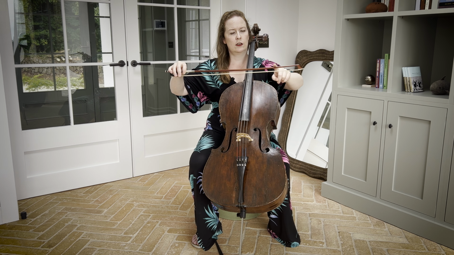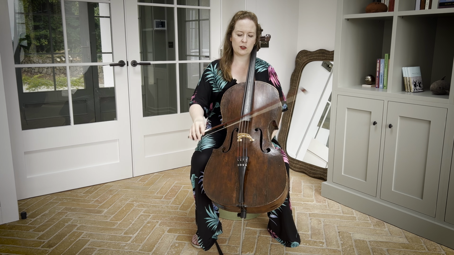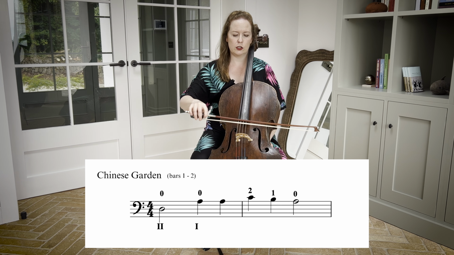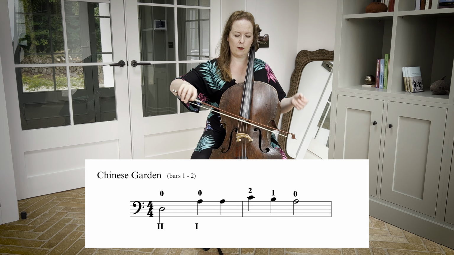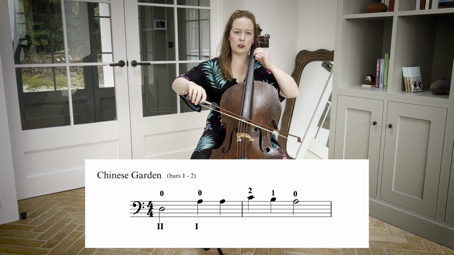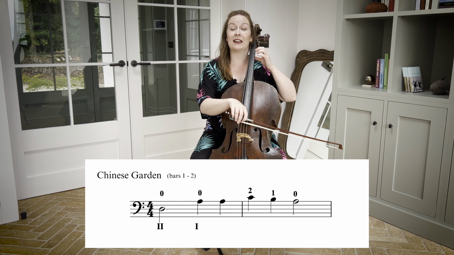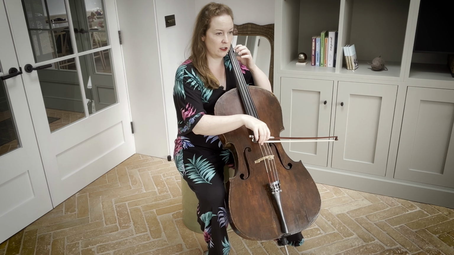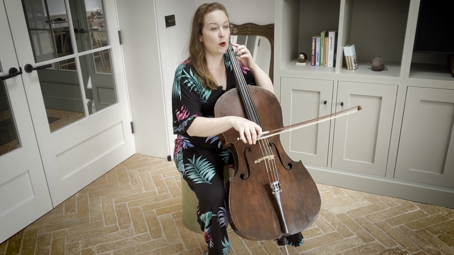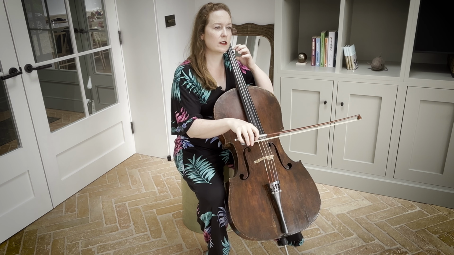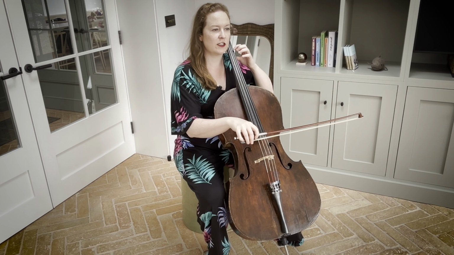So for the next 4 notes, they're all crotchets. So we might try 1, 2, 3, 4, 1, 2, back to a minim. Now we're back to the heel. So it's very efficient. The next bar has 1 crotchet, 2 quavers, and 2 more crotchets to fill up our